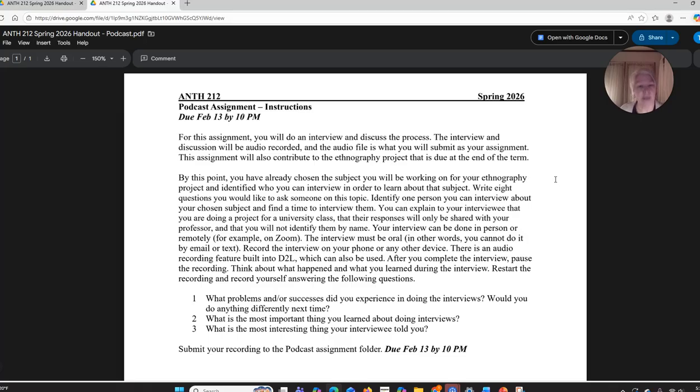So specifically that conversation. So number 2 is really about the category of interviewing. If you step back from what you just experienced, what did you learn about interviewing as a research method? The third question is about what exactly happened in that interview. What did you hear from this person that is the most interesting thing? Okay? So again, this is a piece of that sort of process going toward the ethnography project. This one is going to take the form of an audio recording.